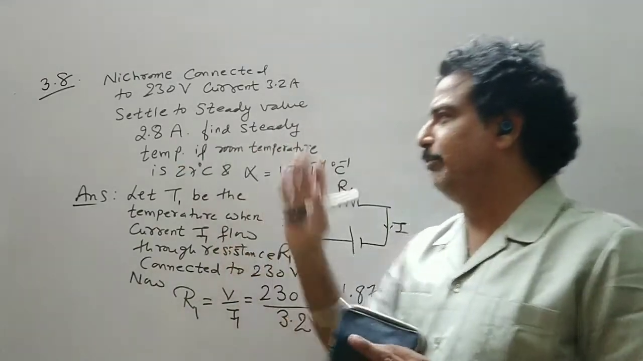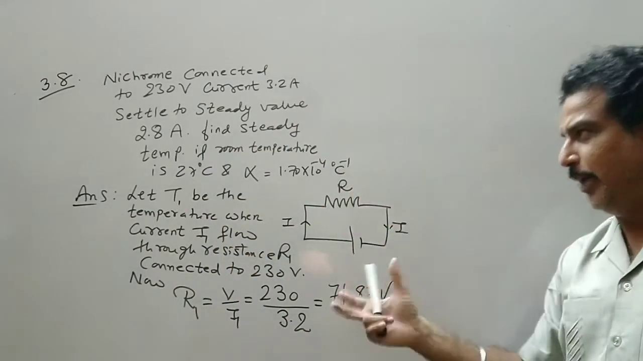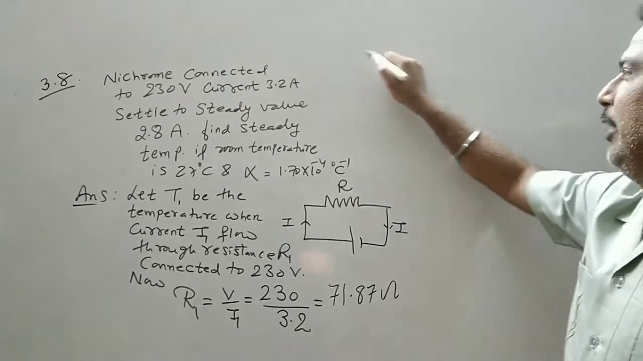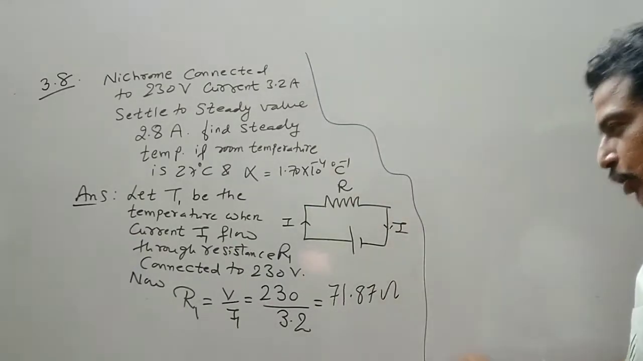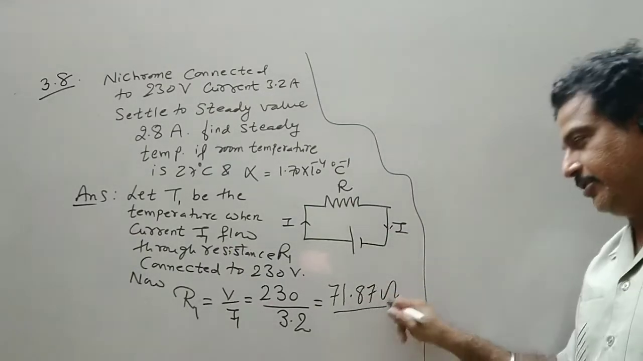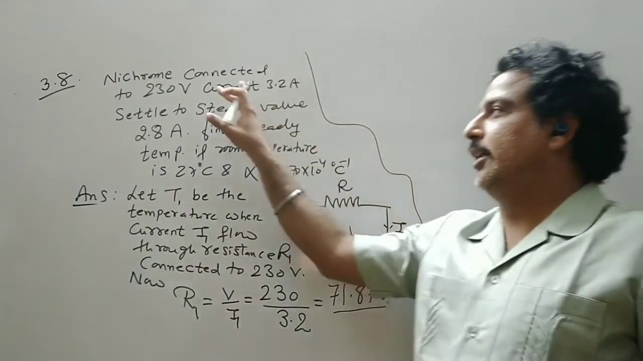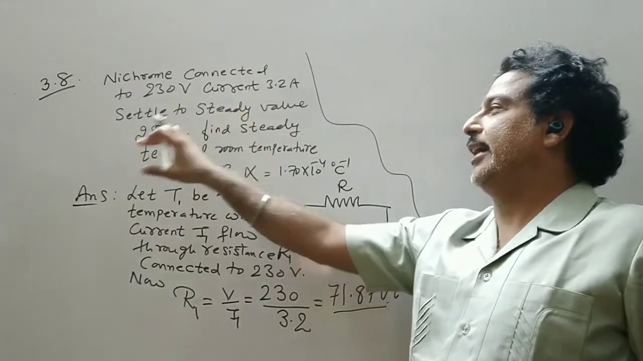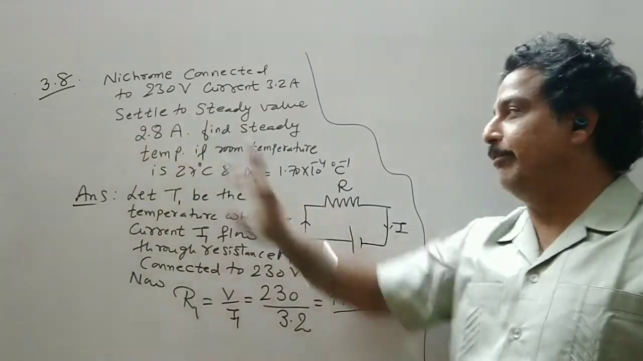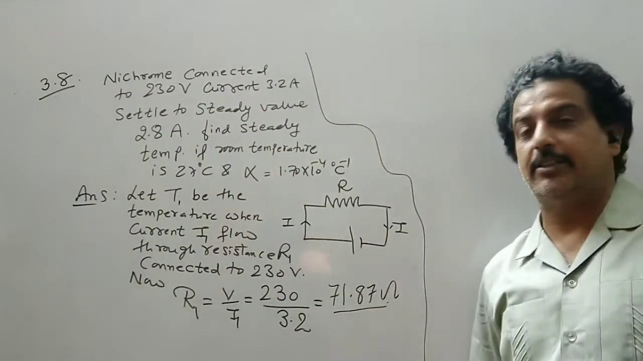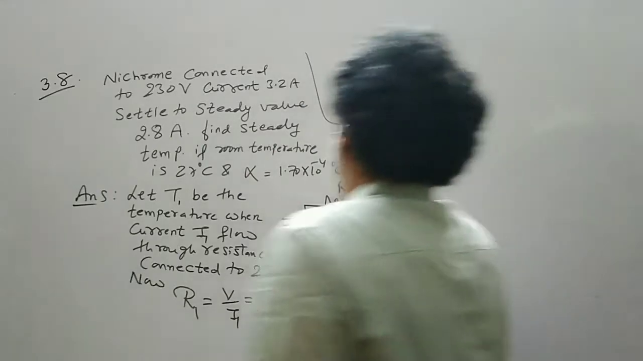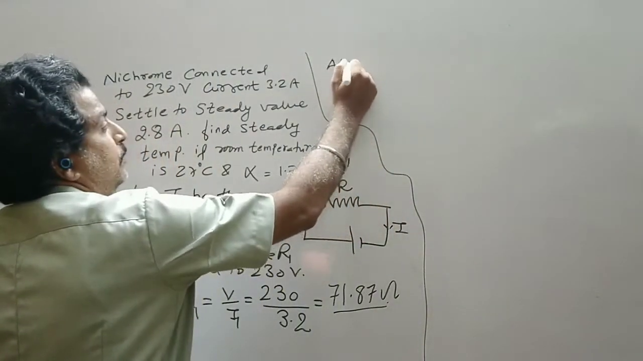Now the same example is there, but the language has been changed. So this is our initial resistance. Now it is given that the current settled to a steady value, 2.8 ampere. Clearly the current is decreasing. So after some time,